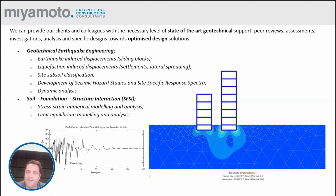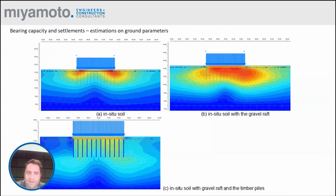But can give you an idea of how the ground will behave and can give you some additional different springs that you can use in your analysis if you want to use the springs instead of a dynamic analysis, which is going to be more realistic to the anticipated behavior that you are expecting from the ground. So I think this, yeah, and that's another example about numerical analysis,